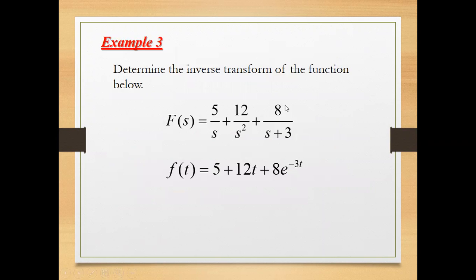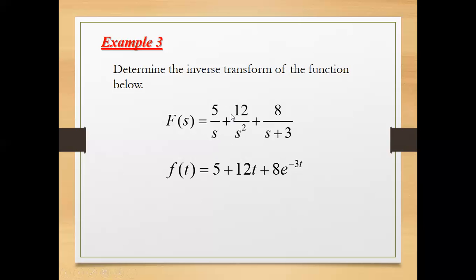Now, look at this. We are now to determine the inverse Laplace, meaning this function of s should be returned to the function of t where it came from. Meaning my answer here, if I transform it, should be my function of s. Now, this 5 over s, if you recall, class, in the table that I have shown you, there is only one Laplace transform in which the denominator is s, and that's the constant. The Laplace transform of a constant is that constant divided by s. So naturally, the inverse Laplace of 5 over s here will be 5.